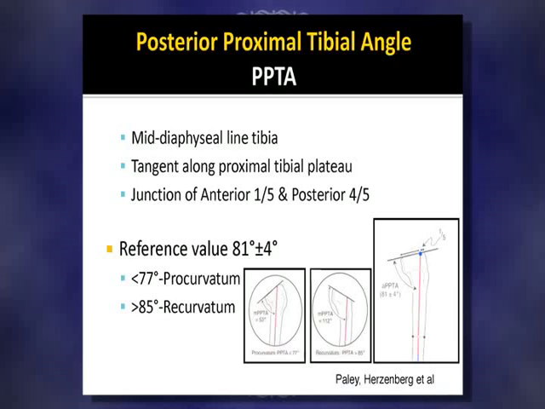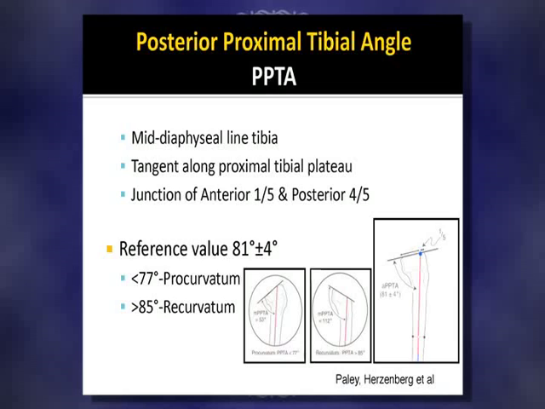And honestly, a lot of these anatomic axes, especially for the tibia, is how you would put a tibial nail in. I think a lot of the residents are so familiar with intramedullary nailing of the tibia that that's where the starting point of this line is. If you want to put a nice nail, you don't start in the middle of the tibia, you start kind of in the front, right? So your line is at the junction of the anterior 1/5 and posterior 4/5, and you just draw it along